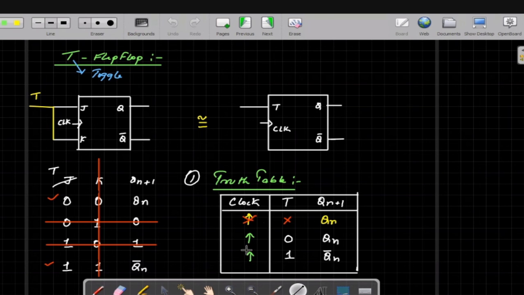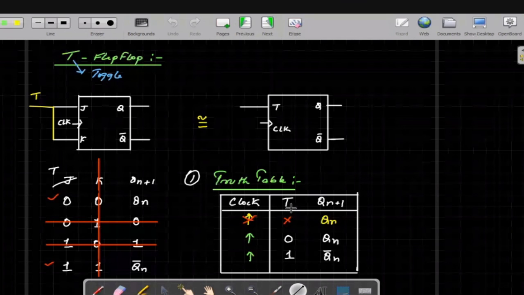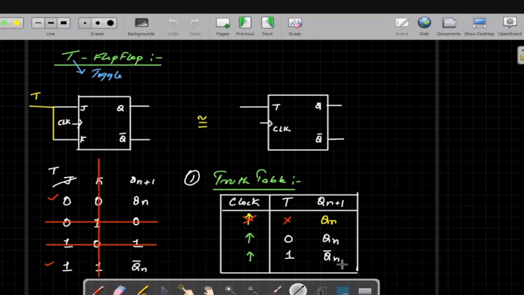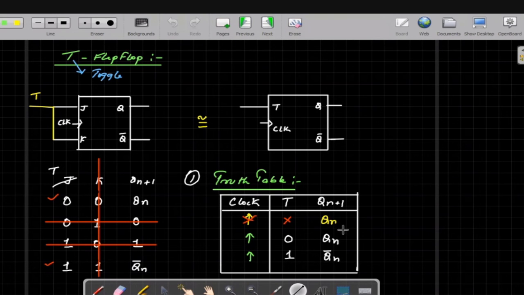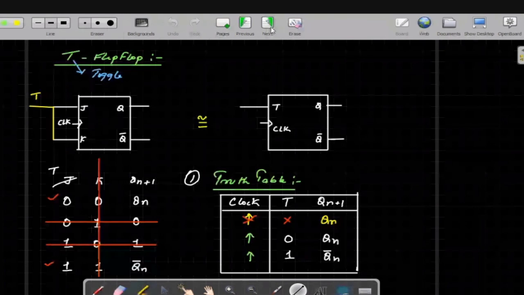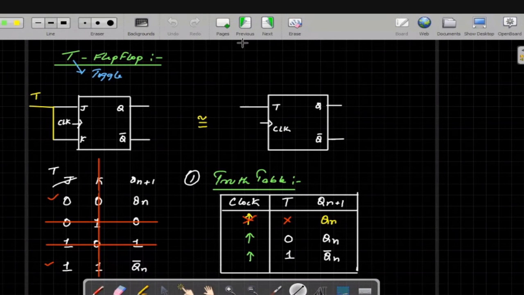And then the leftover things are simply the truth table of your T flip-flop. So in presence of clock, if you provide T equal to 0, it will give you the previous output, whatever is stored in its memory. And if you provide T equal to 1, then it will simply complement your previous output, nothing else. And this characteristic is very important for designing some sequential circuits, which we will see in the next unit of your syllabus, digital electronics.